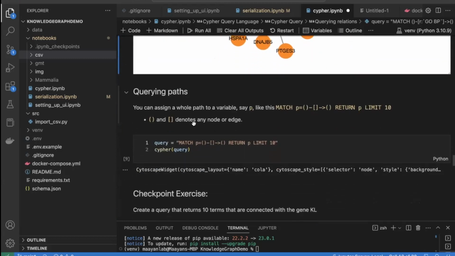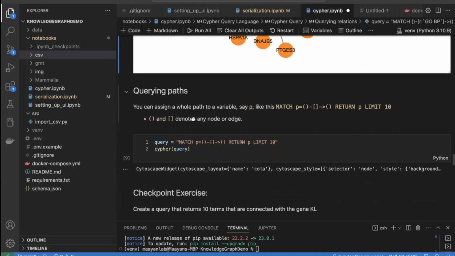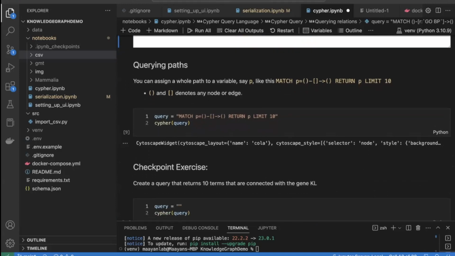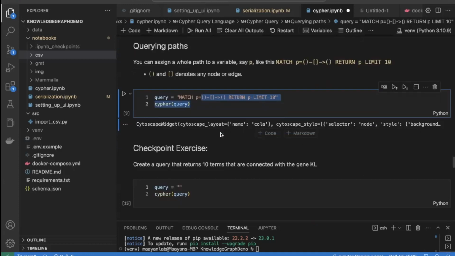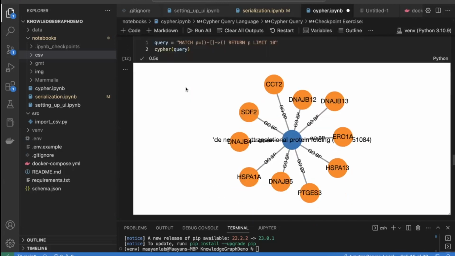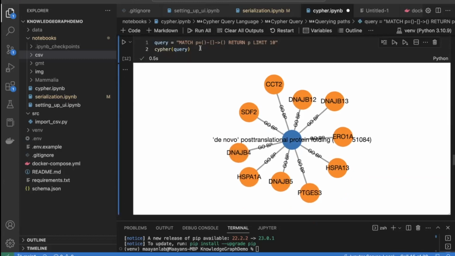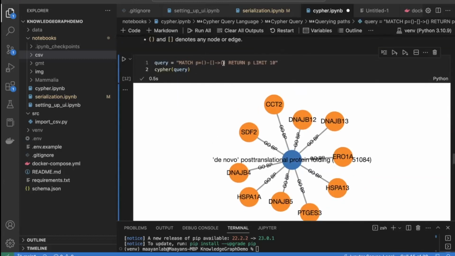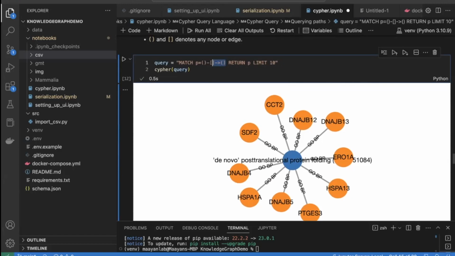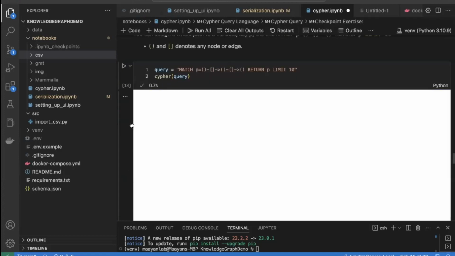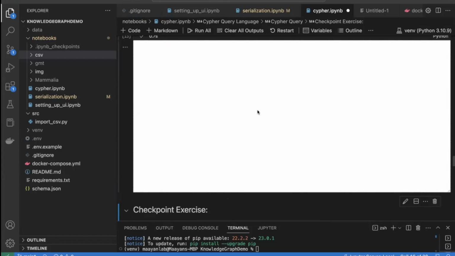And then yeah, to query paths. I've shown this already earlier. We can query paths by adding this variable p. So you're just assigning everything here, and then limit 10. If you run this, then you also have something that looks like this. So we're just trying to find a path of length 2. We can actually also extend that. So maybe you want more. If you want a path of length 2, then if you do something like that, then you have,